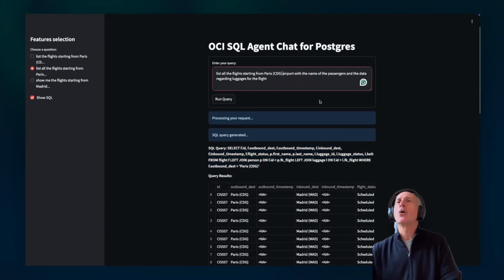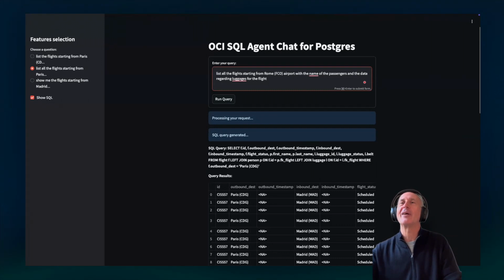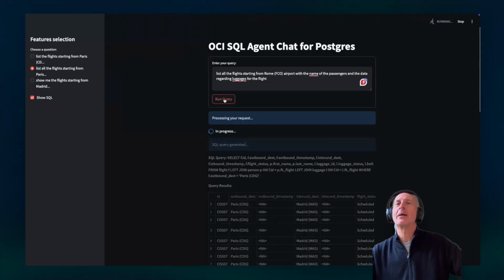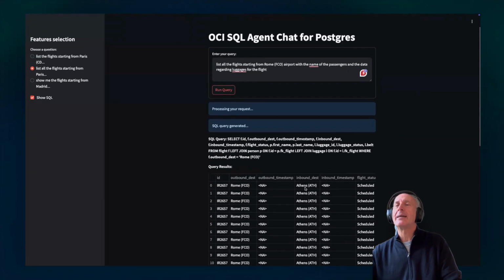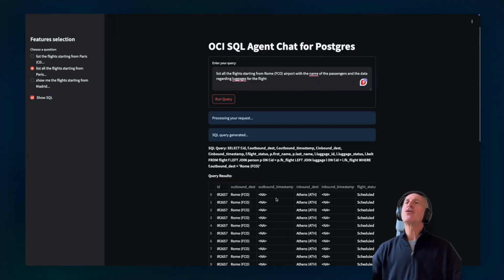And for example, I can go here and say, okay, I want to change. I want the flights starting from Rome airport. Rome has 2 airports. I'm based in Italy, so I'm living in Rome, and that's the reason why I'm choosing this other example. So I'm going to specify that I want the Fiumicino airport, which is the biggest one. And I can make another query, and as you can see, we see all the data regarding the flights starting from the airport. Obviously for this demo, the database is not so complicated,